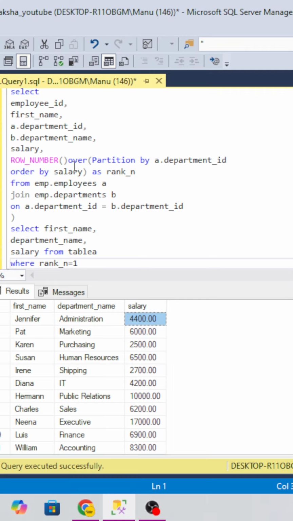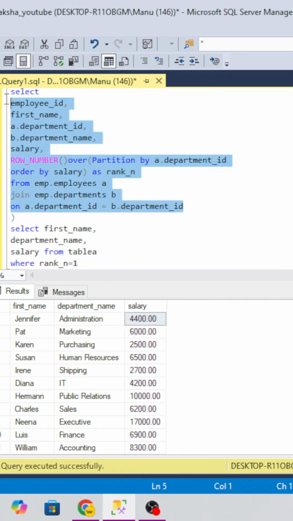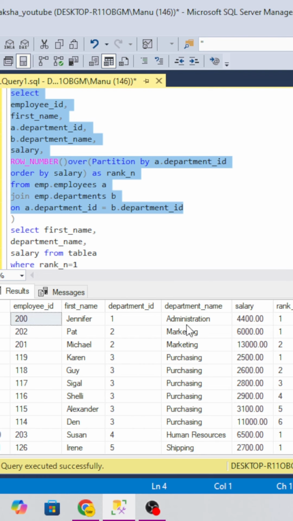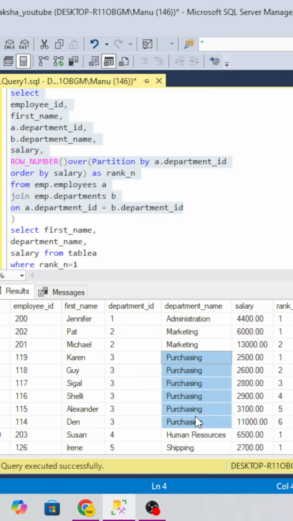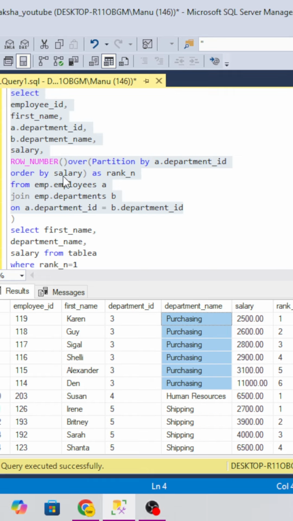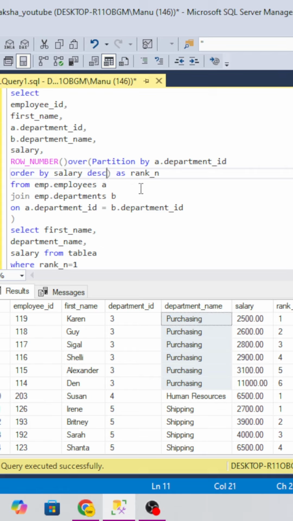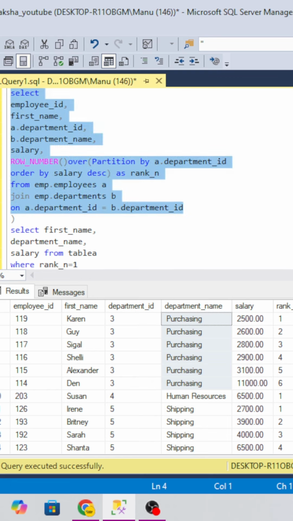And if I put this salary, if we look into it department wise as well, we can see for the administration department salary, for purchasing we have six records, and for that we can see the highest. Okay, so we are getting the lowest salary, so we have to order it ascending, or no, descending, DESC. And then if we do that, we will get the highest salary.